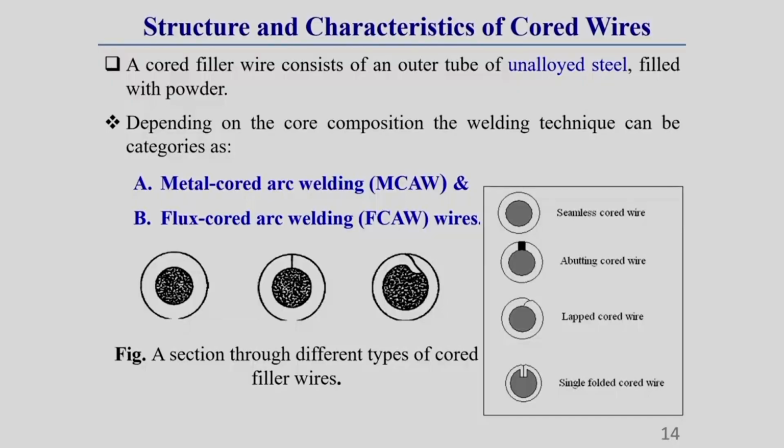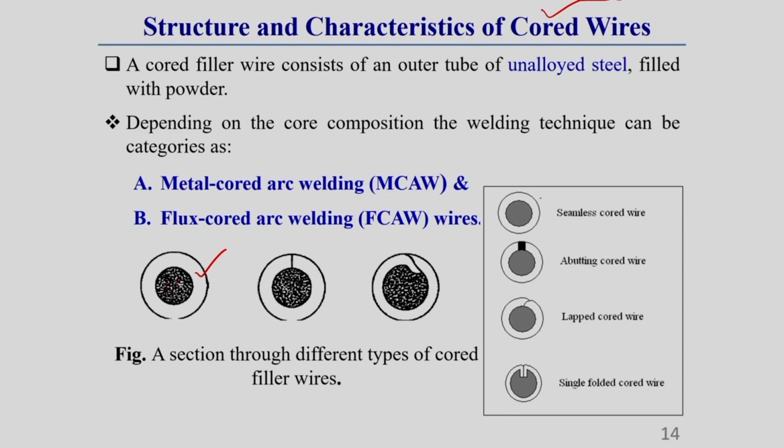Now, structure and characteristics of this core wire, what are the different types of structure of core wire, that also you should know. Generally this core wire consists of an outer tube. You see this is an outer tube. Inside this outer tube generally it contains this powder, okay, which is the combination of flux as well as metallic constituents. Now depending upon this joining type, it can be seamless type of core wire,